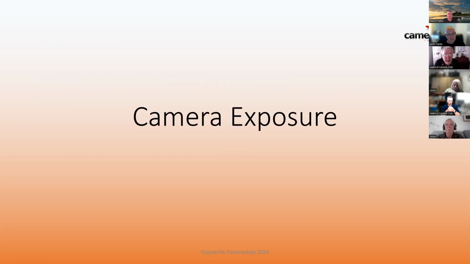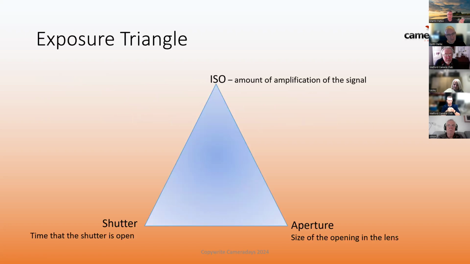The first piece of that, if you want to call it that, is the exposure. Is it bright enough? Is it dark enough? Is it the right amount? It's certainly at the root of why we have the three settings, commonly referred to as the exposure triangle. So we'll start at the top. So ISO, the amount of